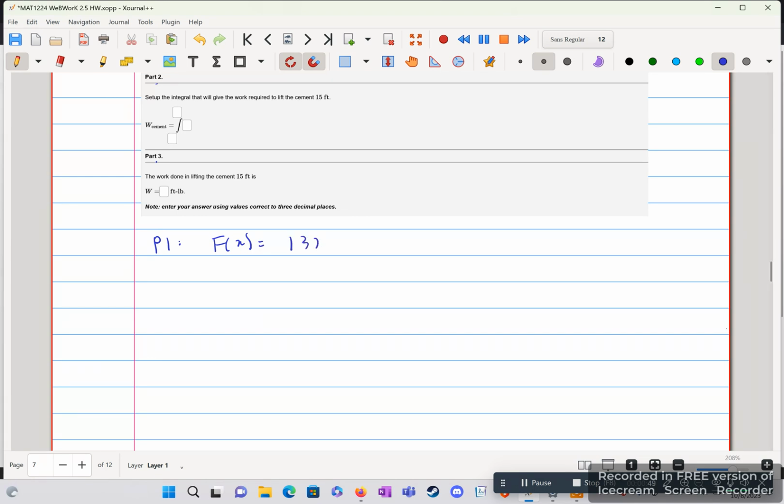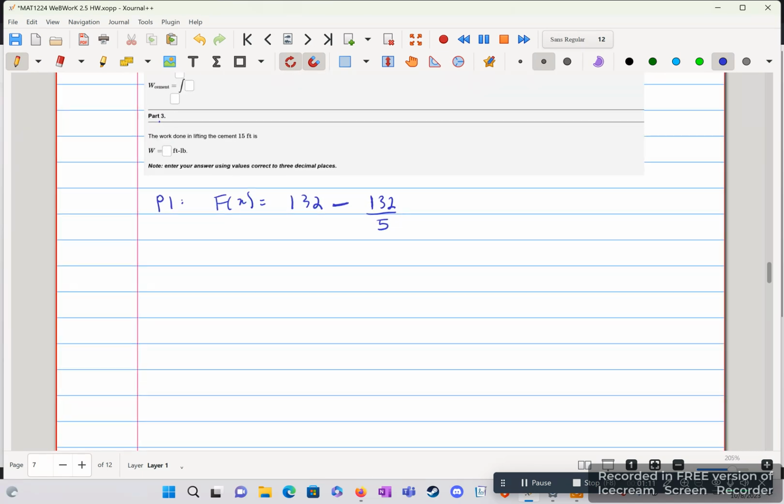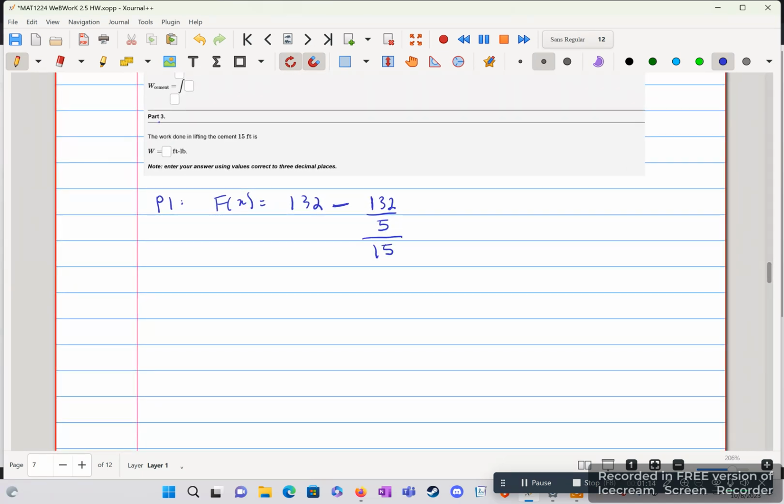weight of 132, and we need to find how much is leaking out. So minus, at any height, we have 132, and if it's leaking out by 1/5, we have 132 times 1/5, which is 132 over 5. But that's not it. That was at height 15, if I remember correctly. Yeah, lifted to 15 feet. So we divide also by 15. And that times any arbitrary x, which is equivalent to f of x equal to 132 minus 26.4 over 15